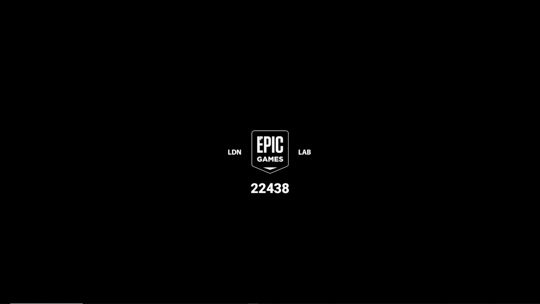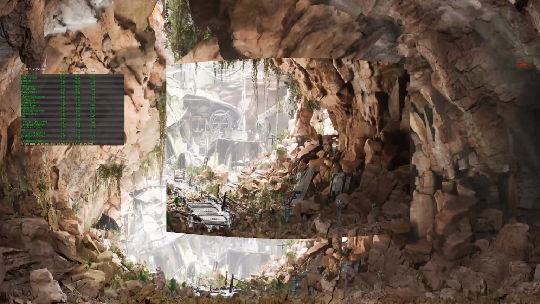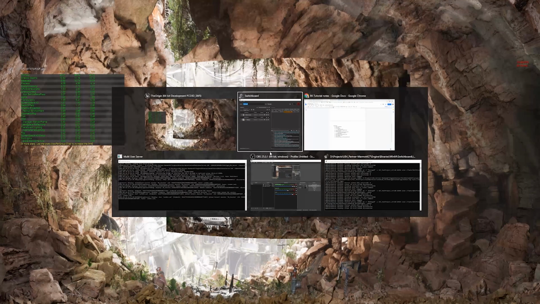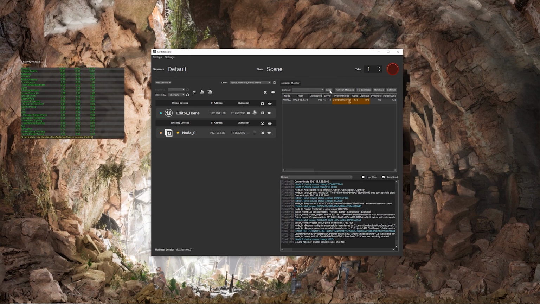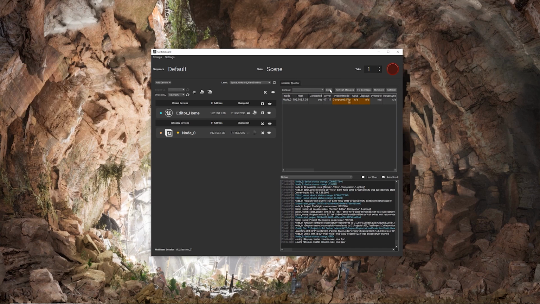Once nDisplay is running, if you would like to trigger some additional CVARs, then you can do that with Switchboard. So there you go, you can see that stat GPU and stat FPS are running as I set it up earlier. But actually, let's turn those off. We can do that in the console window here. So stat FPS, execute, that's now gone. And stat GPU, execute, that's now gone. These are now in this list, so if you want to get one back, it's nice and easy.